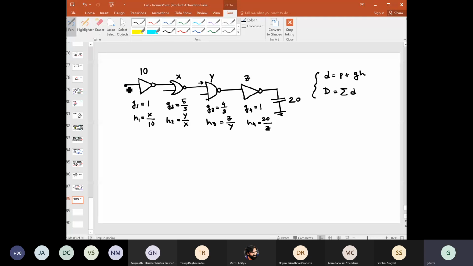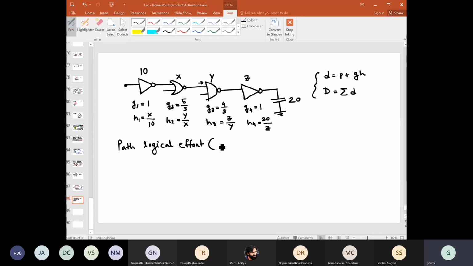So from here, if you consider the path to the total 20 unit capacitance, let us first find the path logical effort. These are the logical efforts for the individual gates: inverter, NOR gate, NAND gate, and again this inverter. So let us first find the path logical effort,